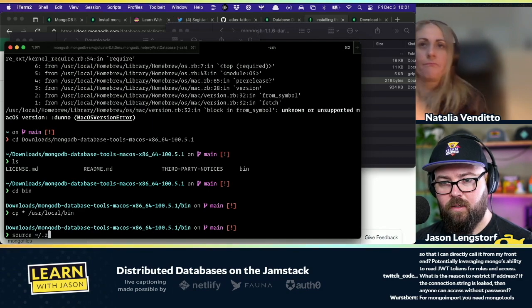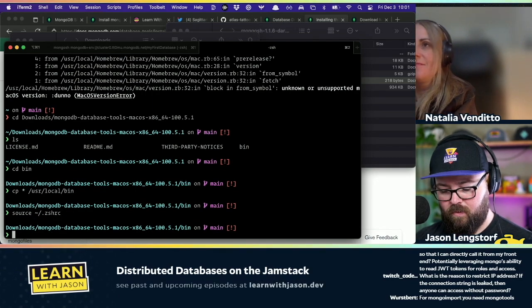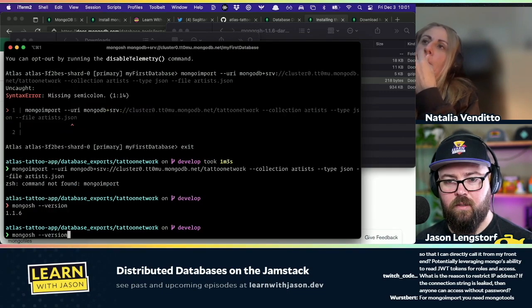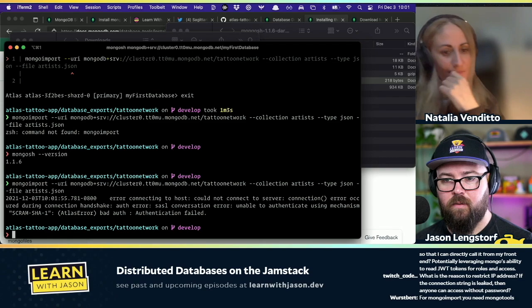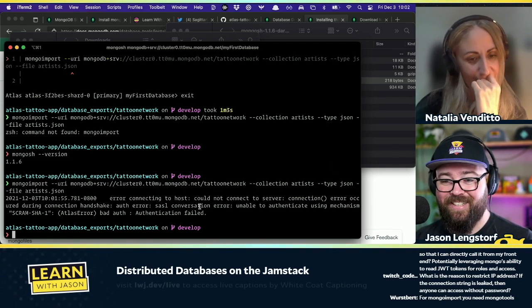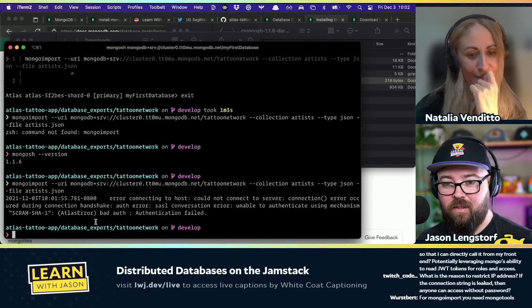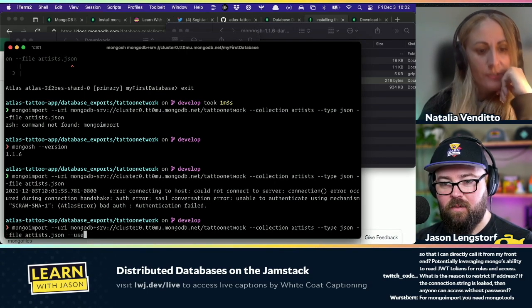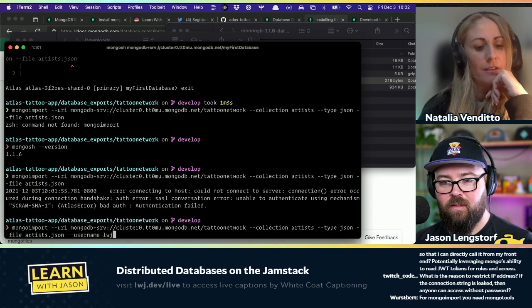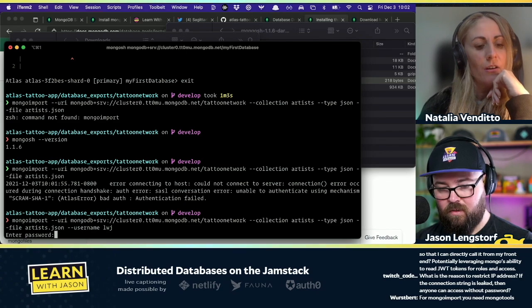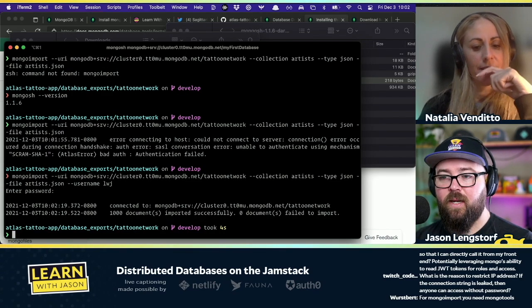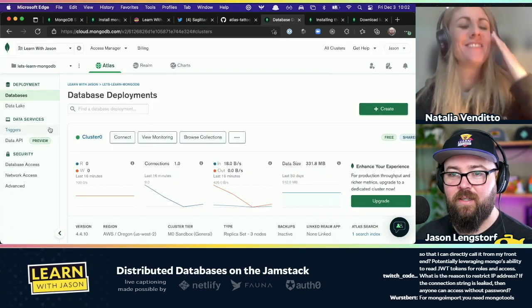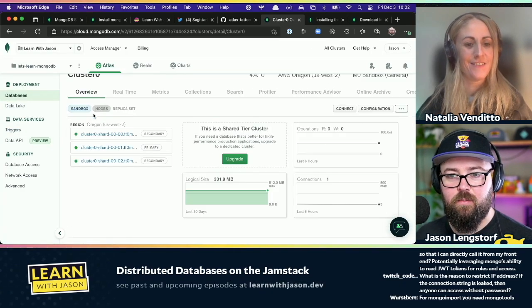And then we'll source my Z shell, and theoretically speaking, that gives us... Where was my... Oh, here it is. Okay, this is better. Authentication failed. Okay, so that's probably SCRAM-SHA-1. Enter password. Exactly. Ta-da! Okay, all right. So we got through me being woefully unprepared for doing that, and now theoretically speaking, we should